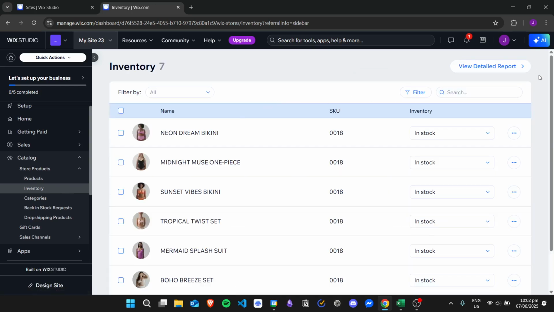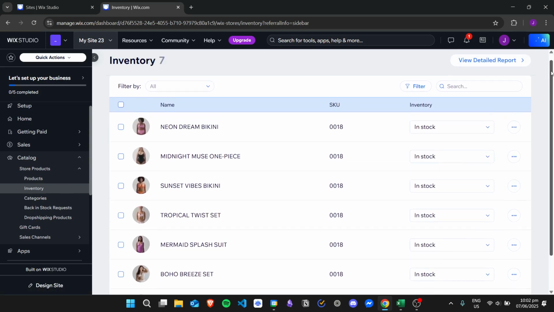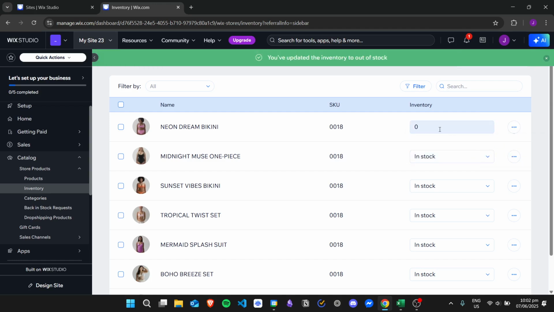So this is where you will be managing your inventory. You can make an item in stock or out of stock. You can track the quantity of it. For example, this item, the neon dream bikini, has only 10 items left. You can just type it in there. But if it's out of stock, you can just stop tracking quantity